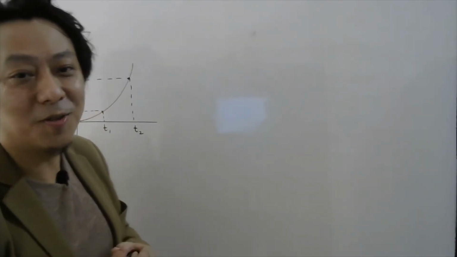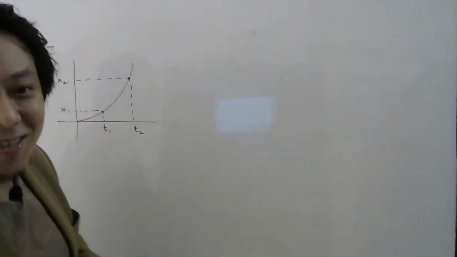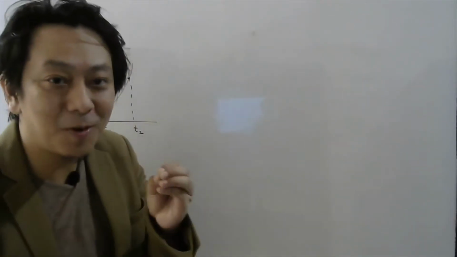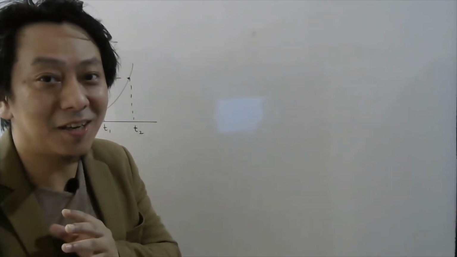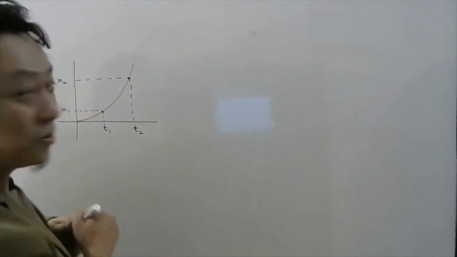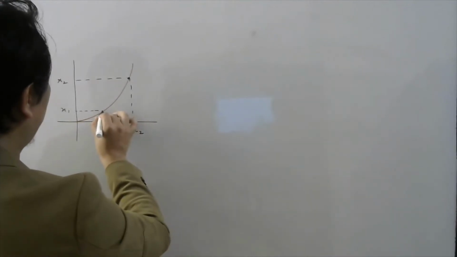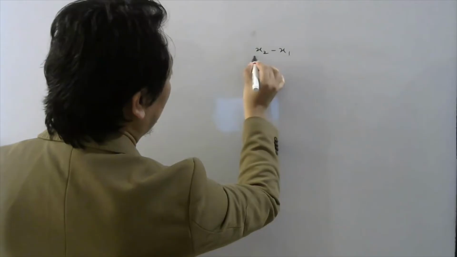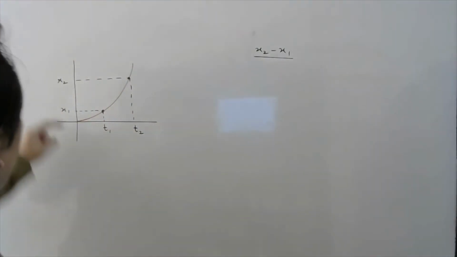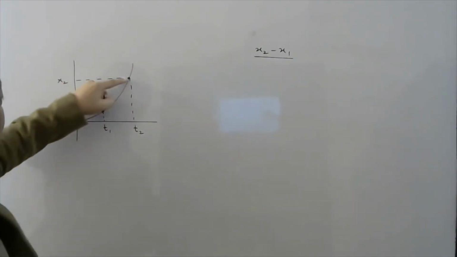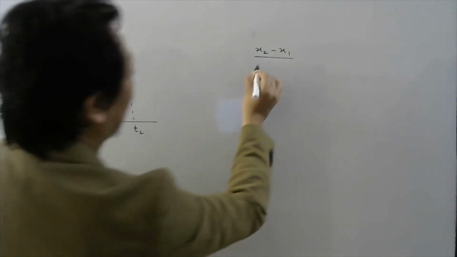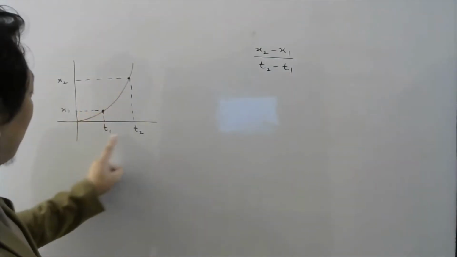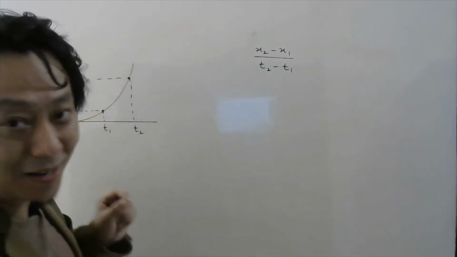So let's say I want to calculate the instantaneous rate of change at this time t1. So at time t1 I want to calculate the instantaneous rate of change. How am I going to do that? Well, I am going to take 2 points and divide like before x2 minus x1, which is the distance covered from this point to that point, and the time taken, which is t2 minus t1. From this point to this point, the time taken is t2 minus t1, right?